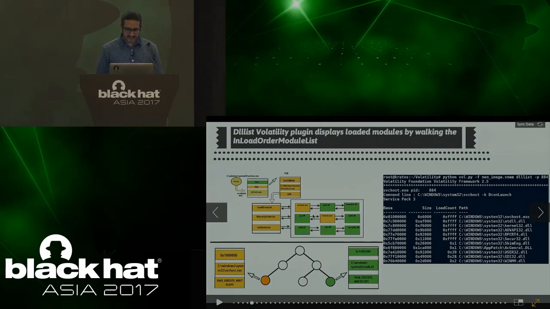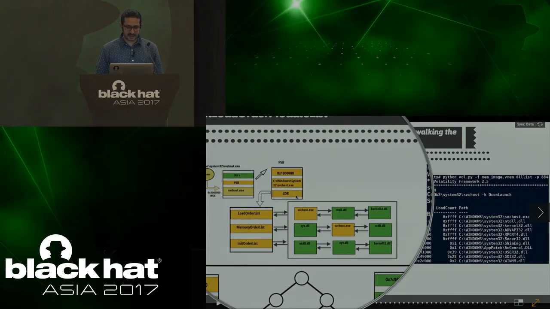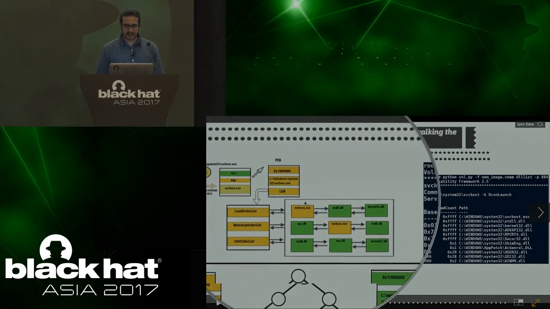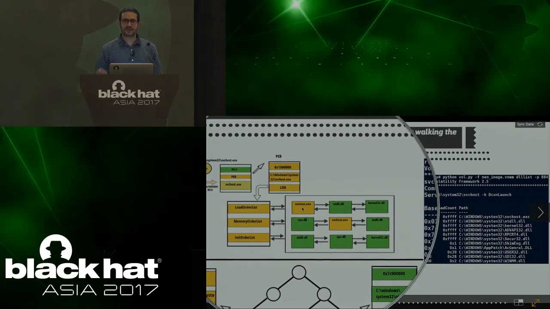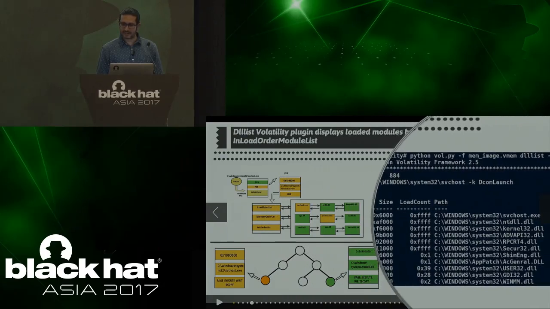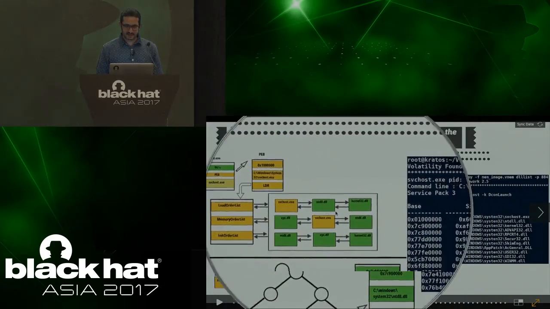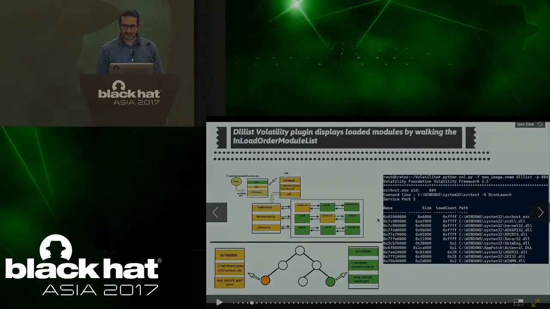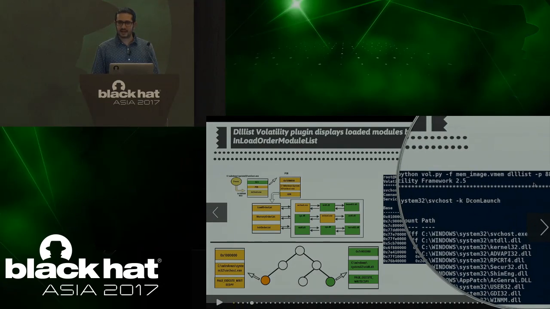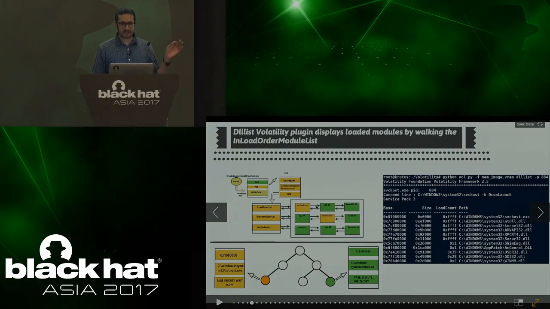How is it getting the information? The DLL list is getting the information from the PEB structure. It is walking this double linked list. First it goes to this structure, gets the information related to svchost.exe, that is the base address, size, full path, and displays it here. The same way, the next row comes from here. It walks the double linked list, gets that information, displays it here. So the tools rely on this double linked list to enumerate the loaded modules. So the DLL list plugin relies on the PEB, which is in the user process memory.